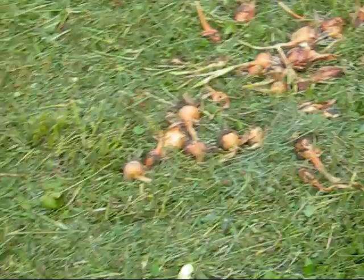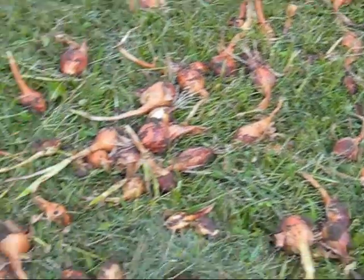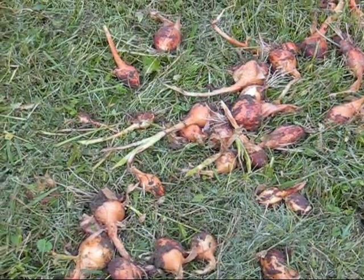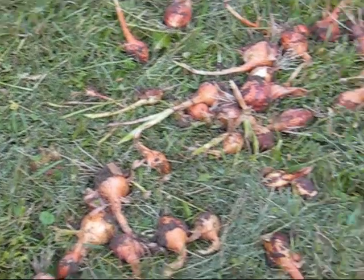Now there is a technique involved in harvesting onions. You have to leave them sitting outside. Yeah, you let them sit outside for a day or so in the shade to let the skins dry. Okay. If you just put these and pack them, they'd rot? They would probably rot, yeah. You want them, just like a potato, you know, you want them to...